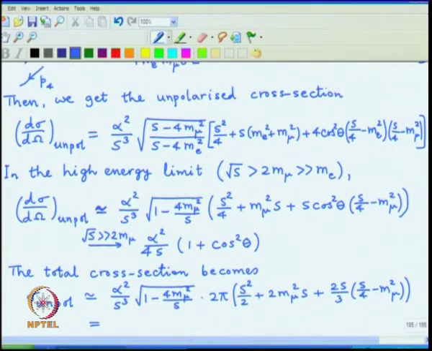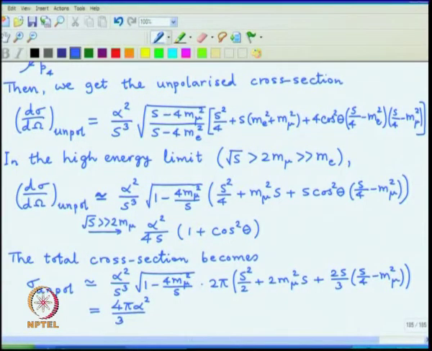And which can be written as 4 pi alpha square by 3 s cube, this factor, and then inside there is 1 plus 2 mu square by s, and well, the result for